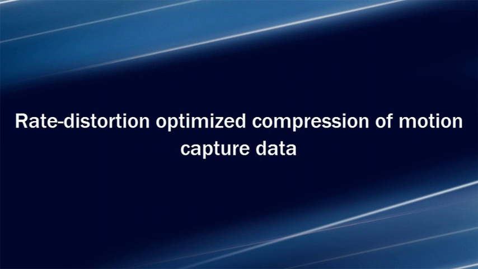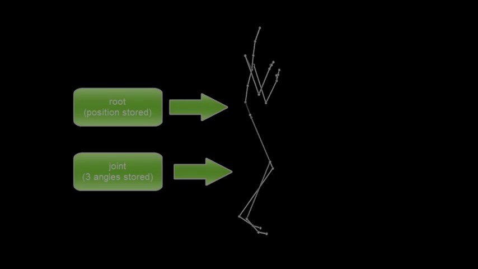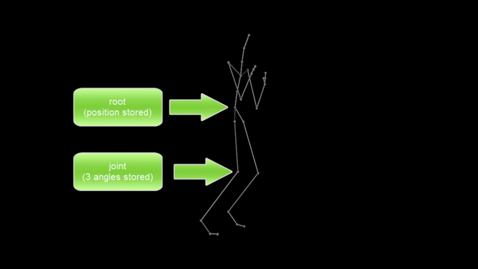In our paper, we deal with the problem of lossy compression of motion capture data. Such data commonly consist of a sequence of values of some degrees of freedom of a skeletal structure. Euler angles are usually used. A common problem with lossy compression of such data is that a precision loss in different degrees of freedom has